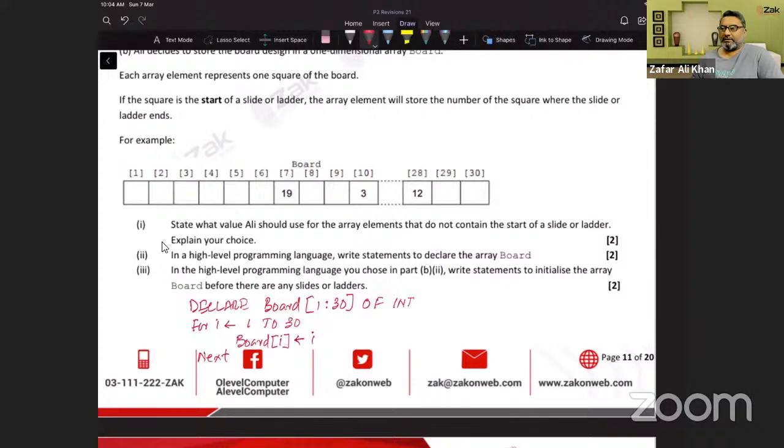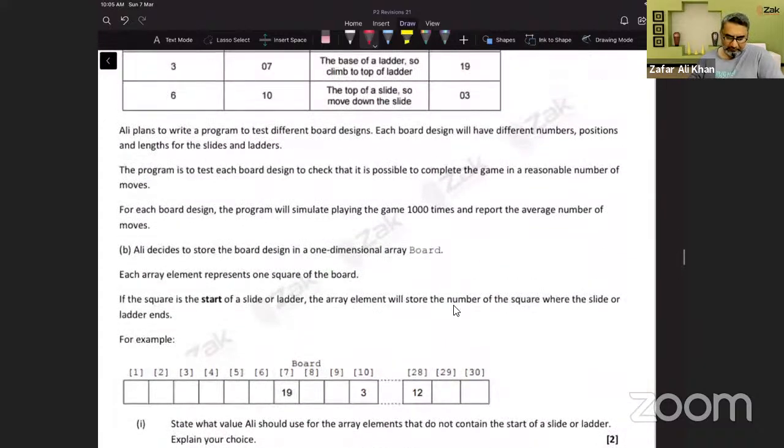All right. So we have declared the array. We have been told to state the value that Ali should use for the array elements, which do not contain the star or slide. So that value should be the index itself. And then they ask us to declare the array and write the statements to initialize the array. We wrote these statements to initialize the array. Okay, that's it. Now,